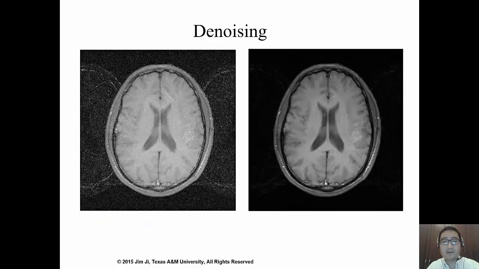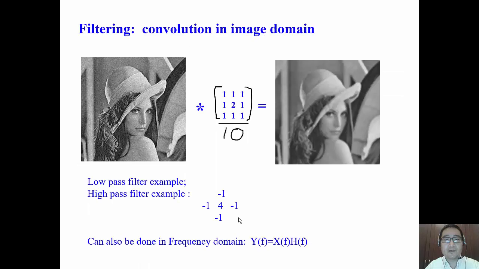And there are many different ways to do denoising. In addition to the low pass filtering, we have adaptive filtering or edge preserving filtering, and wavelet based processing that can oftentimes perform better. These are the topics that will be covered in the digital image processing course, so I will not dwell too much on that. Those filterings are typically done by